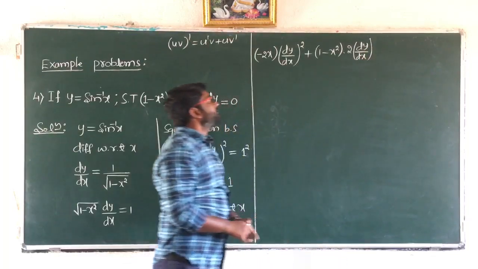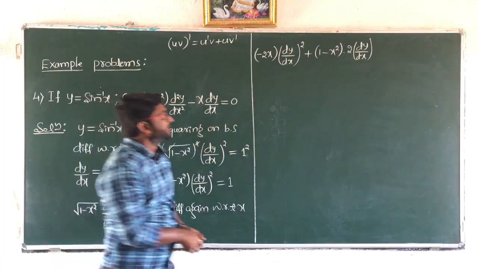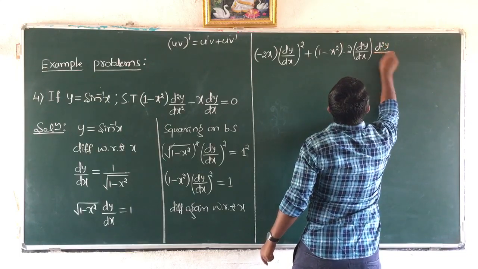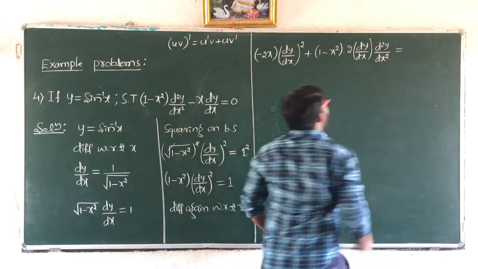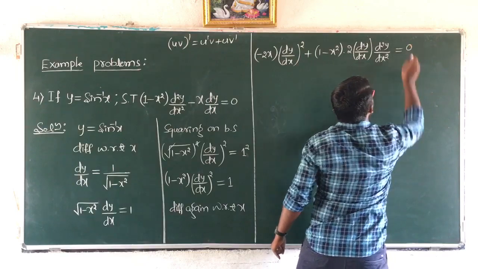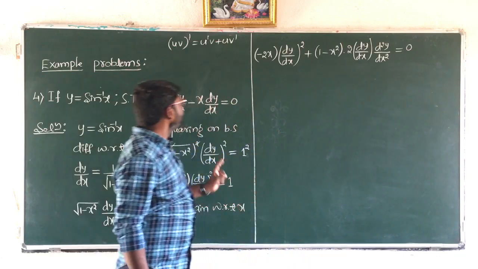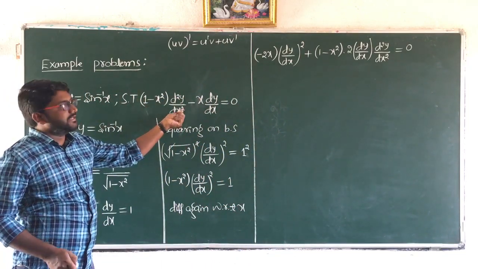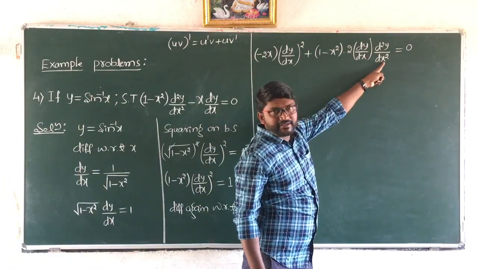So now this inside function must be differentiated again by making use of chain rule. So what is the derivative of inside function? It is d square y by dx square, which is equal to. So now the derivative of 1, it is 0. Derivative of constant is always 0. So now compare this entire term with the given LHS. So see here, 1 minus x square into d square y by dx square. So we have 1 minus x square into d square y by dx square.